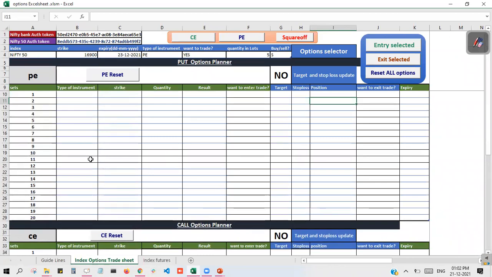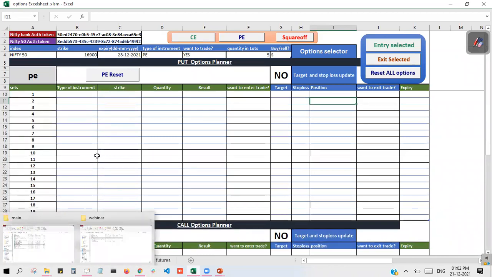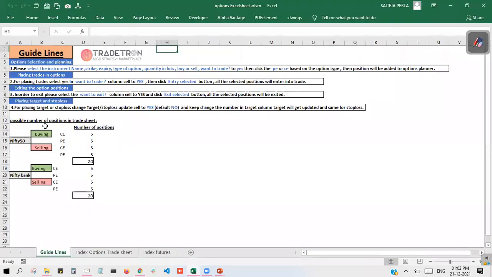So the limit of number of positions for options is, for Nifty 50, you can buy 5 different strikes for CE and 5 different strikes for PE. You can sell 5 different strikes for PE and CE.